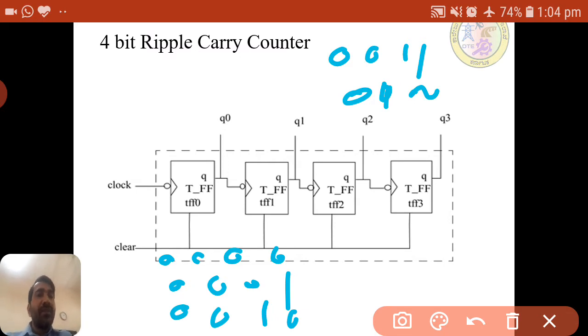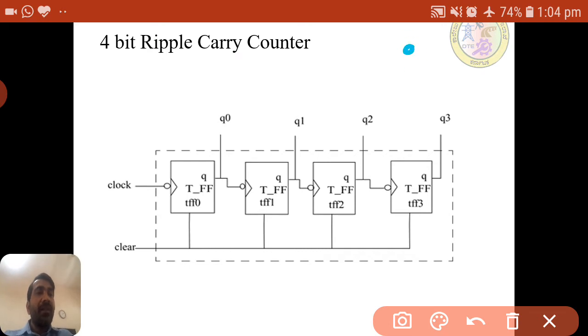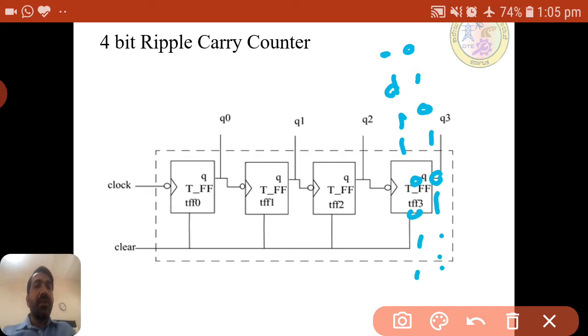Now if you observe the first bit, the LSB, it is always toggling. The second bit toggles every 2 times, in the sense 0 0, then 1 1, next 0 0, next 1 1, like this.